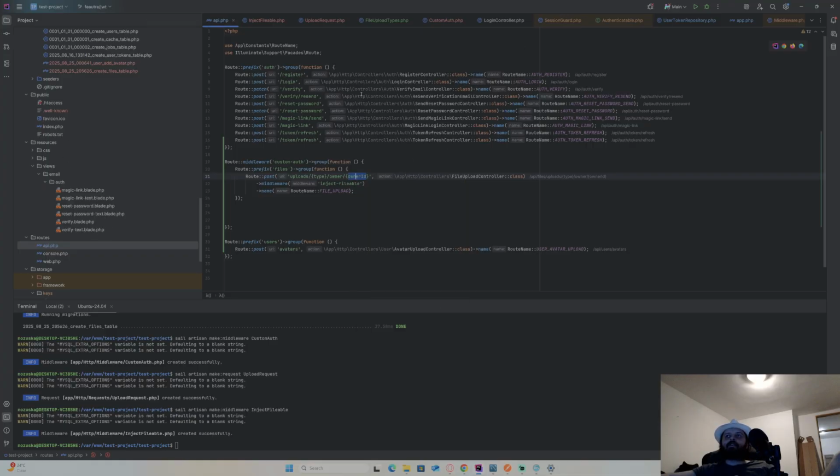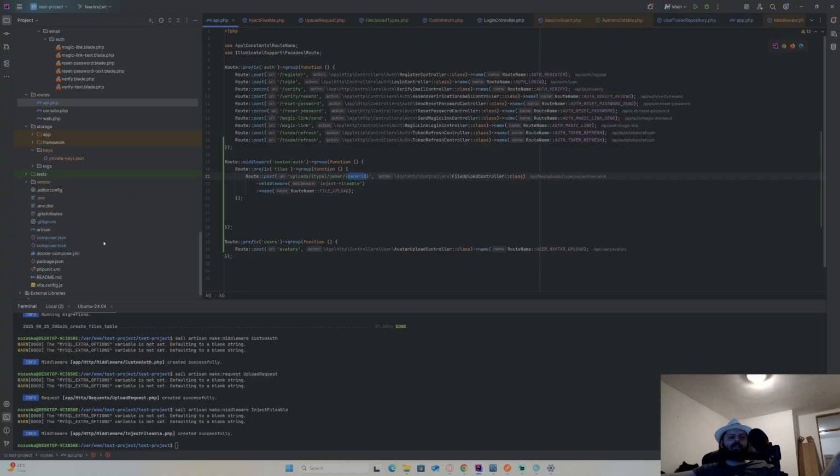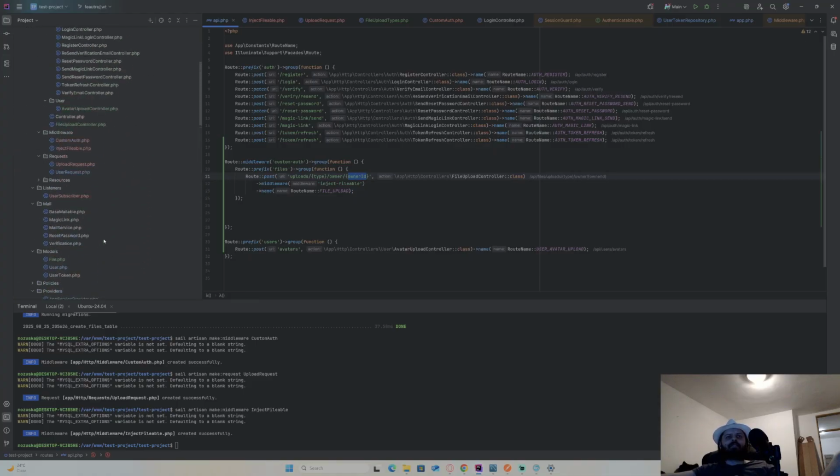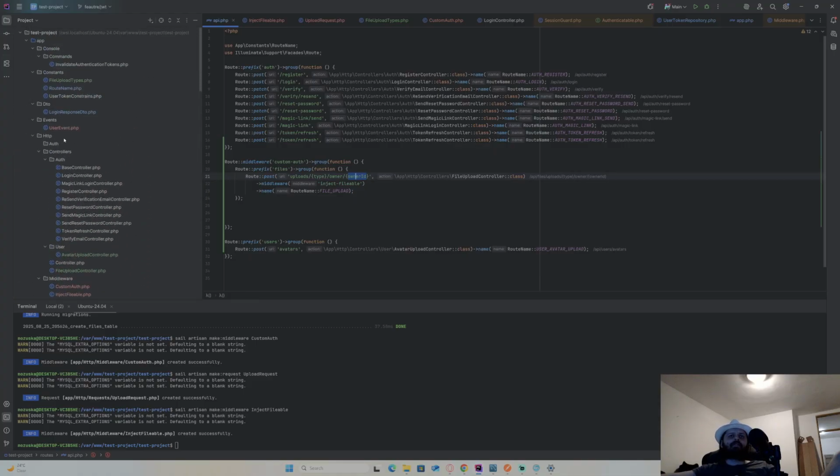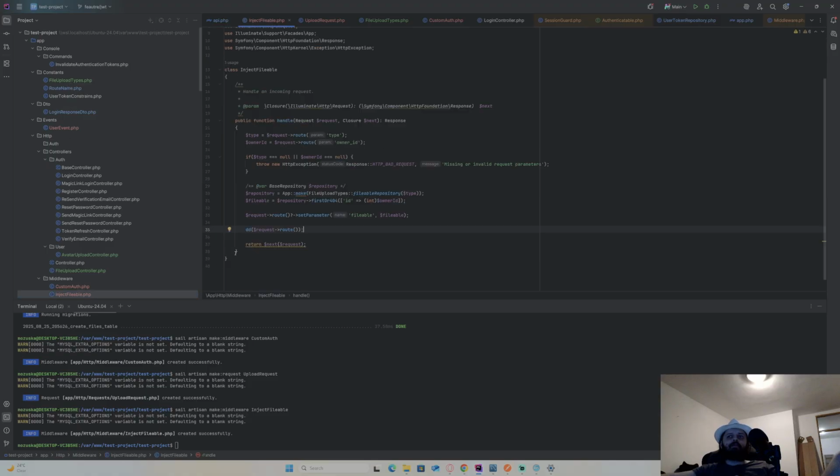I'm gonna use camel case. It's gonna stand for PHP. So it's owner ID here, and also it's gonna be owner ID here, into my middleware. Okay. Actually, I could put it like that too, because I'm not gonna inject that into my controller. I'm just gonna inject my file into my controller. So I have type of owner ID. So okay, check type is avatar, that's fine. Owner ID is owner ID.